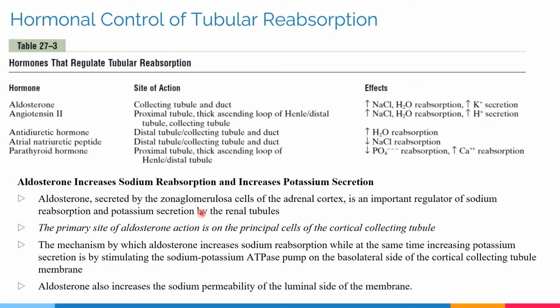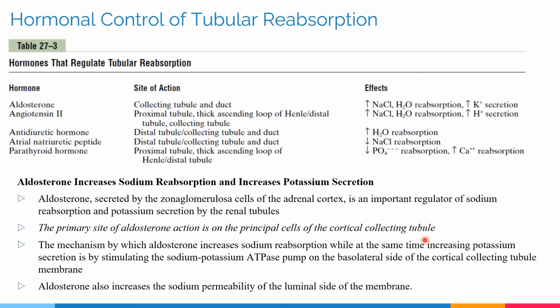Aldosterone, secreted by the zona glomerulosa cells of the adrenal cortex, is an important regulator of sodium reabsorption and potassium secretion by the renal tubules. The primary site of aldosterone action is on the principal cells of the cortical collecting tubule. If you just recall, a couple of slides back, we looked into how the cortical collecting tubule is made up of the principal cells and the intercalated cells, where the primary action of the principal cells is the reabsorption of sodium, and secretion of